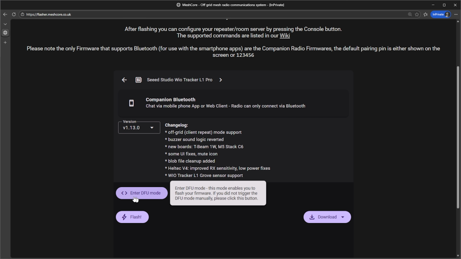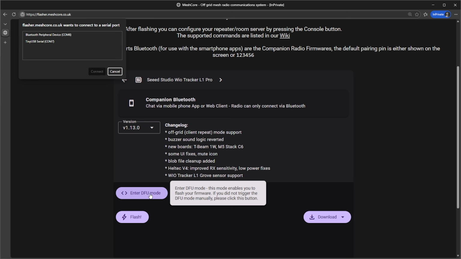To do that, just click on the Enter DFU mode button here, and that'll pop up a little window where we can select the device we want to flash. Now, depending on your computer and what you have connected to it, you may see multiple devices here like I have on mine. To figure out which device is the radio we want to flash, you can unplug the radio